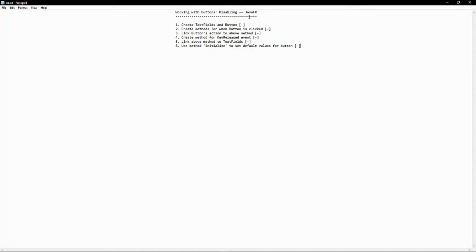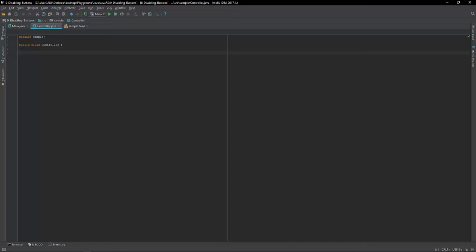Alright, so I named it working with buttons, and then the subject is disabling, and then it has to do with JavaFX. What we're first going to do is create text fields and a button. We're going to create a mini example program, a login page, right? So we're just going to make a login page with JavaFX. We're going to start out by going into the